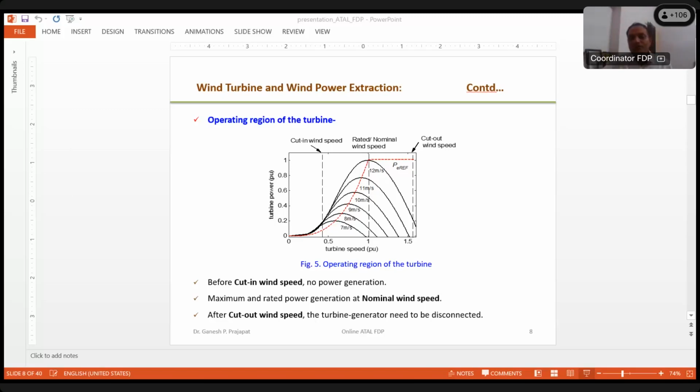Accordingly, we say that the DFIG is in synchronous operation, in sub-synchronous operation if it is below the synchronous speed, and in super-synchronous operation if it is operating above synchronous speed. So three kinds of operation are there, and in all three the DFIG always delivers power to the grid, even if the speed is much less than the synchronous speed. Then the next way, the third one, is sometimes utilized